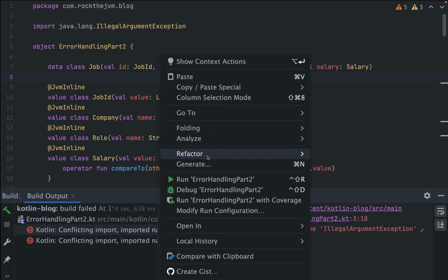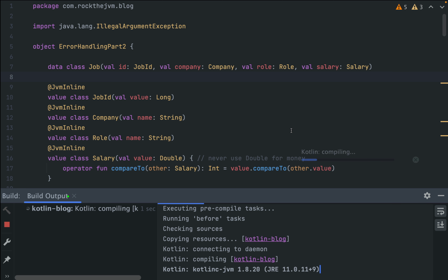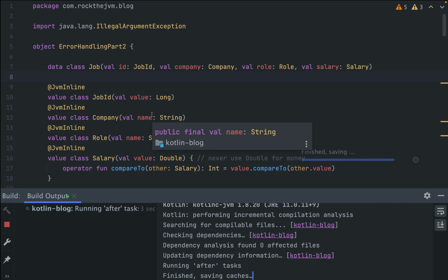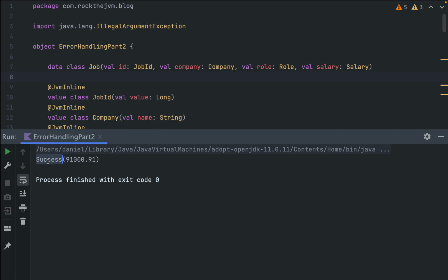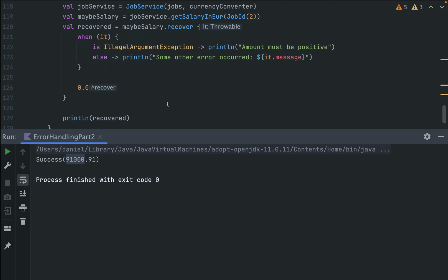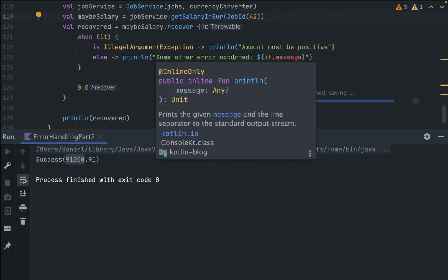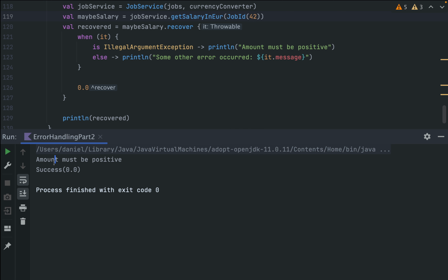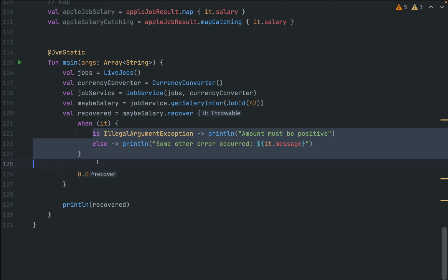I have some conflicting imports. Okay, so we have a success with 91,091. Well, in this case, that is true because we have job ID for ID number 2. But if we have an ID that doesn't exist, we should be seeing one of these error messages. All right, so we have amount must be positive, and in the end, we returned success with 0.0. I clicked the wrong button here. So we have a success with 0.0,